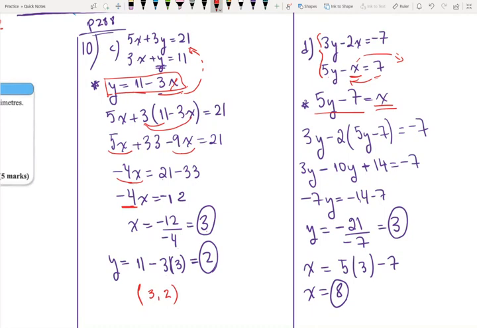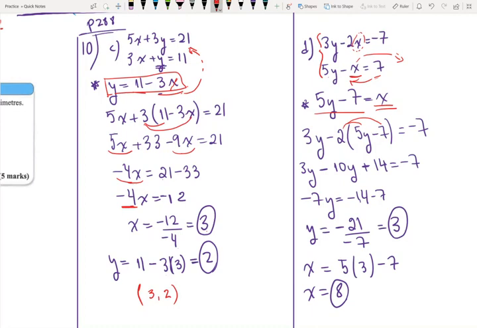So the value of x, 5y minus 7, is replaced in here. So 3y minus 2 times 5y is minus 10y, and minus 2 times minus 7 is plus 14